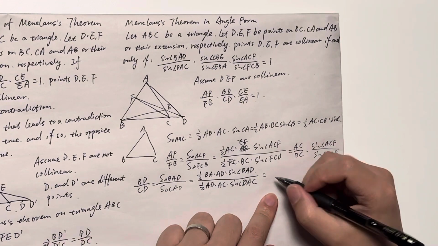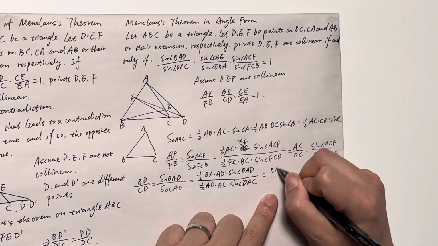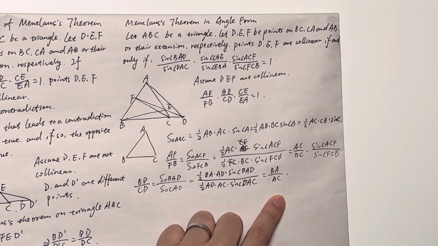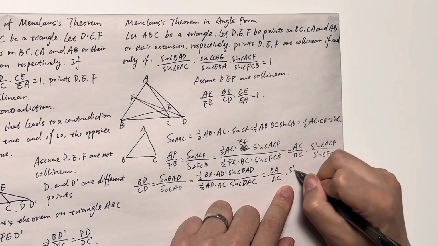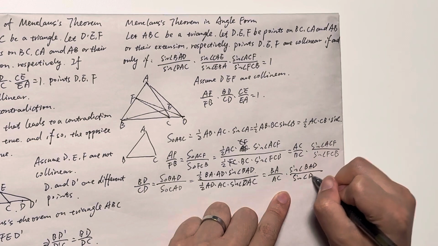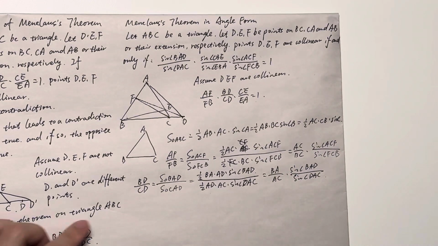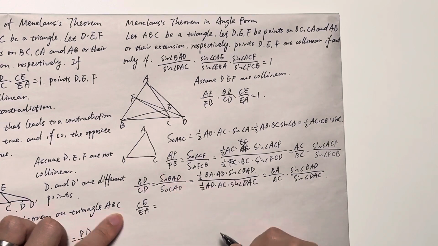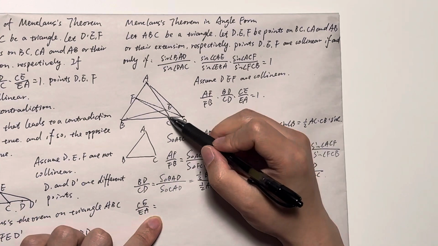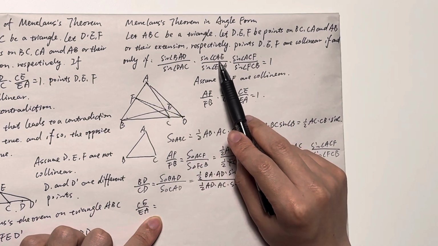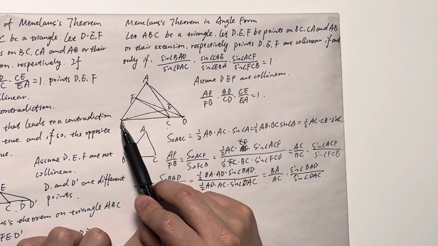So this equals BA divided by AC times sine BAD divided by sine DAC, and CE divided by EA, we want to relate to this angle, that's CBE,